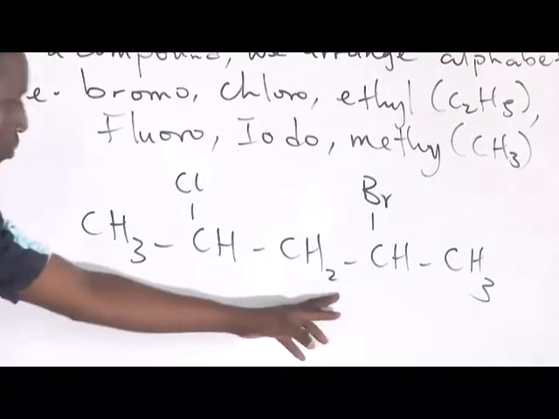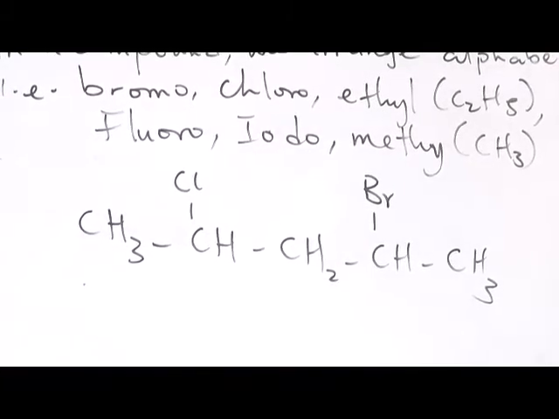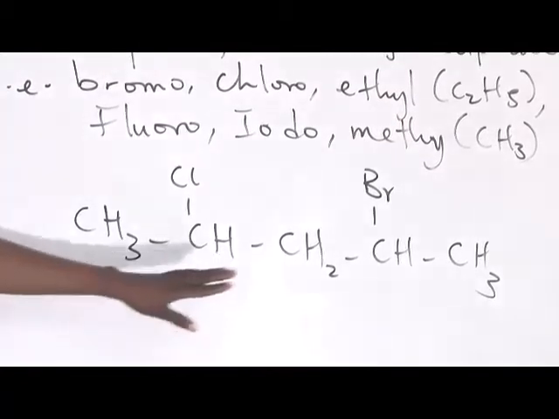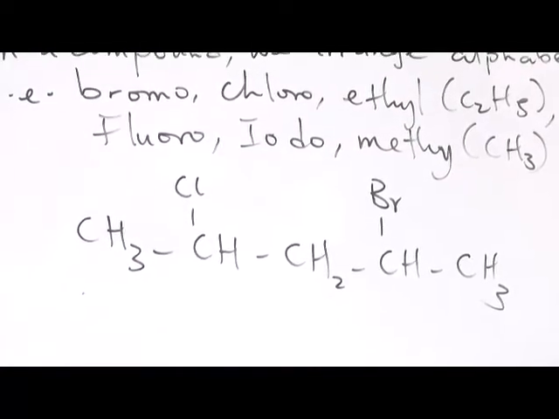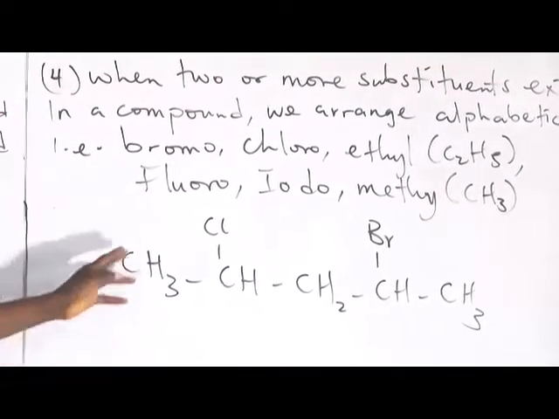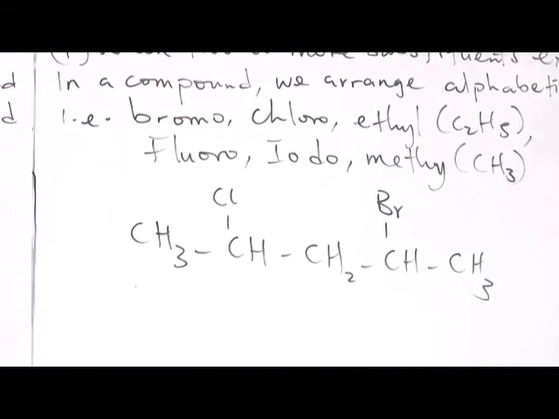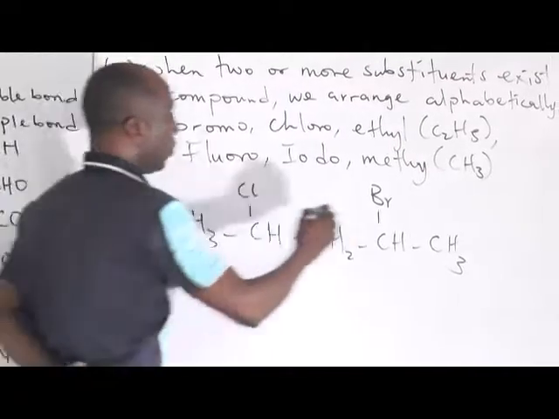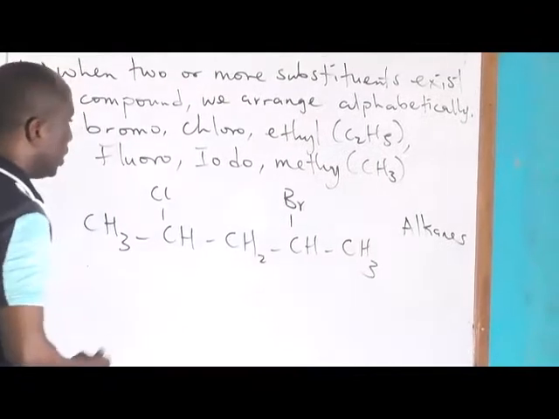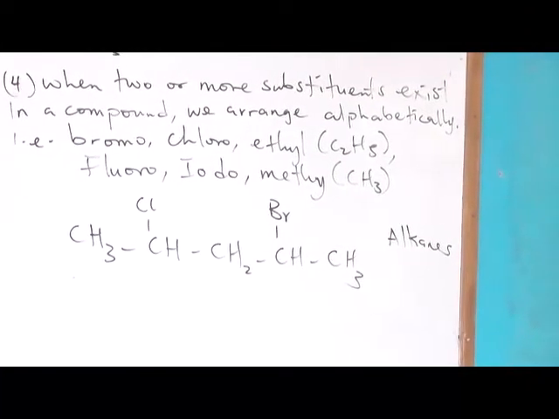If you look at it now, no double bond, no triple bond, no OH. Because there is no functional group there, it means that it belongs to what? The alkanes. Only the alkanes are without functional group. So that means this one is an alkane family. So establish it as what? Alkanes family. Following number 1. Now, number 2, I want to number.